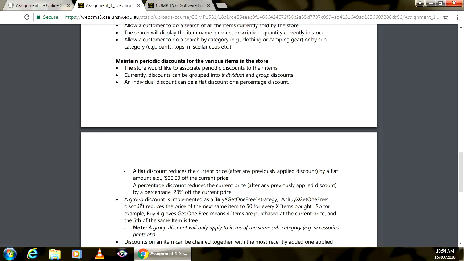Now there's a little bit of flexibility on how you actually want to interpret this, but the idea here is it's like when you go into Woolworths, when I buy 2 cheese biscuits, I get the 3rd cheese biscuit free. It's the same idea, okay? So you buy multiple items and one